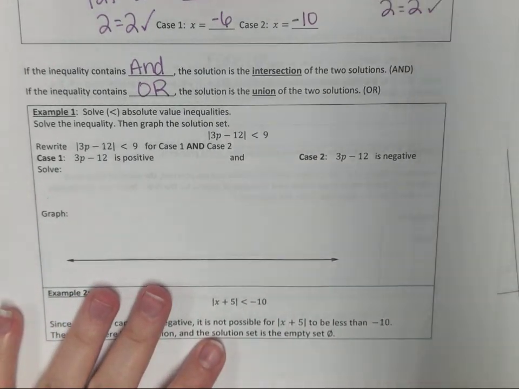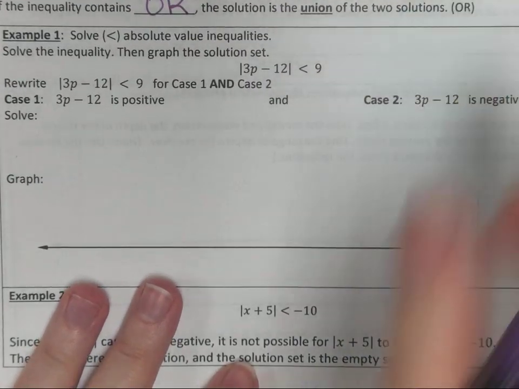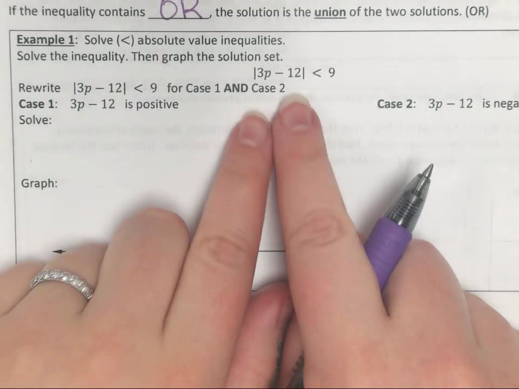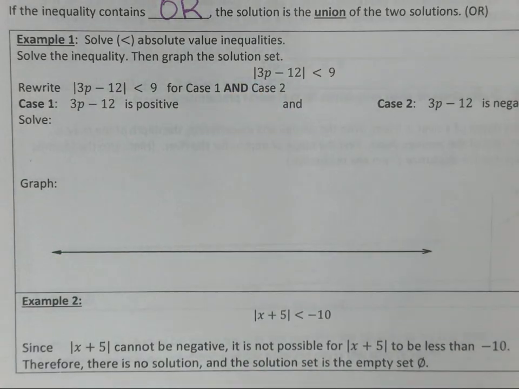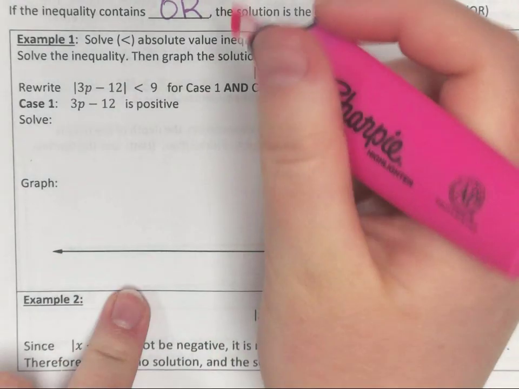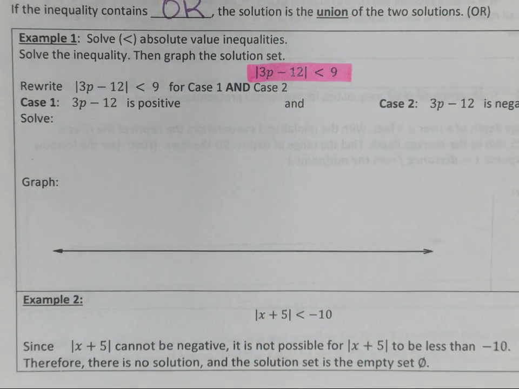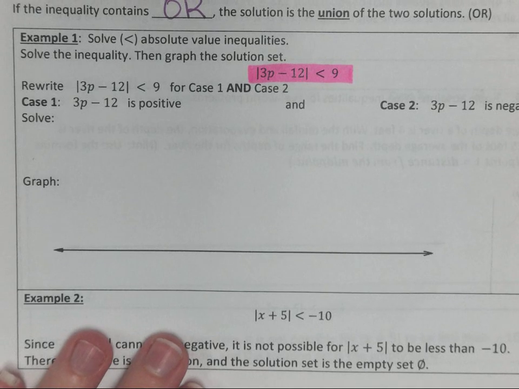So example 1. We are going to solve the absolute value inequalities below. We're going to solve the inequality and graph the solution set, okay? So first of all, we just have this one right here. This is our inequality. I know there's lots of words on this page, so I want to make sure y'all know what we're looking at. This is our problem that gives us the absolute value of 3p minus 12 is less than 9,